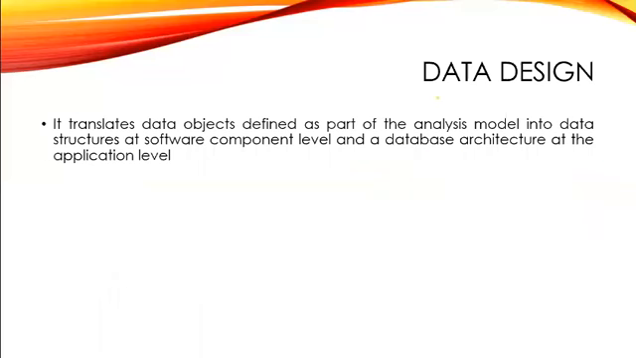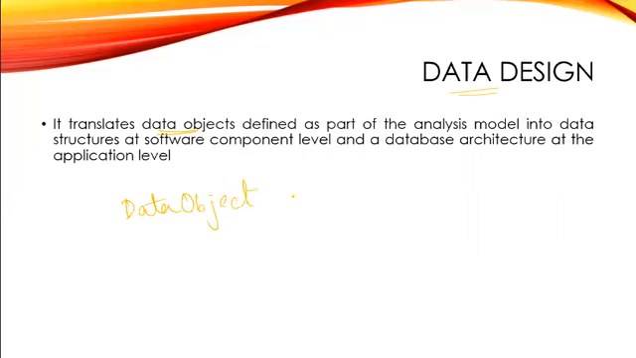Then the next is data design. Now, what does this data design do? It translates the data object. Now, if you remember what a data object is, a data object is a representation of anything. It can be an external entity, a report, a thing, an event, a phone call, a role, a place, a structure. So it is going to translate this data object